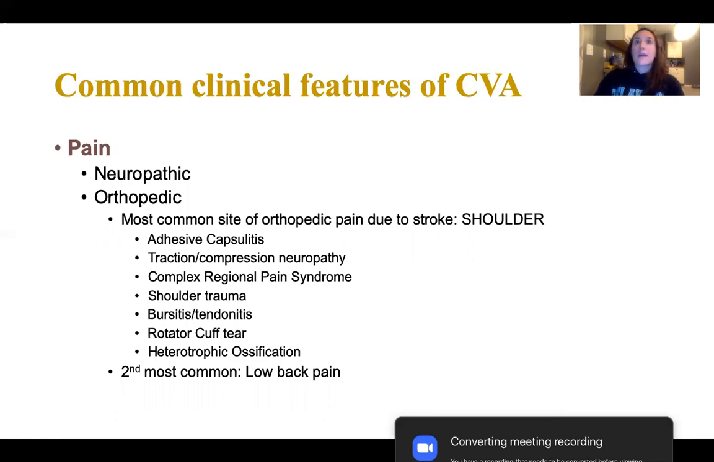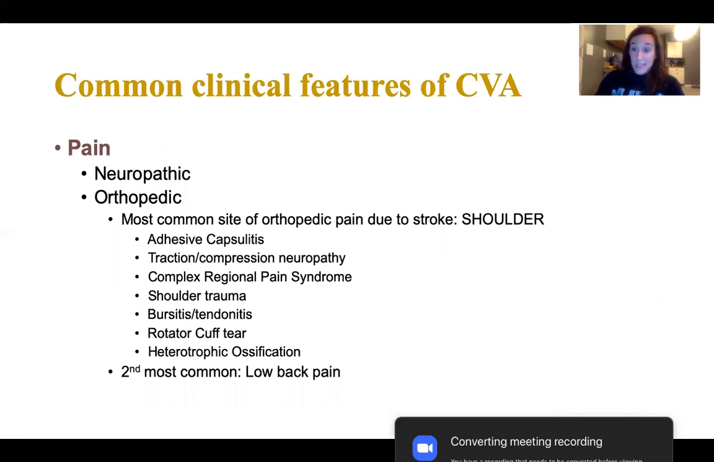But really the main forms of pain that our patients deal with after a stroke are either neuropathic or orthopedic. And both are very much treated in different manners. Neuropathic is primarily treated with medications, but there's some sensory play and integration that we can do there too. Orthopedic obviously has a lot of different ways that we can attack it, but orthopedic pain is a huge problem